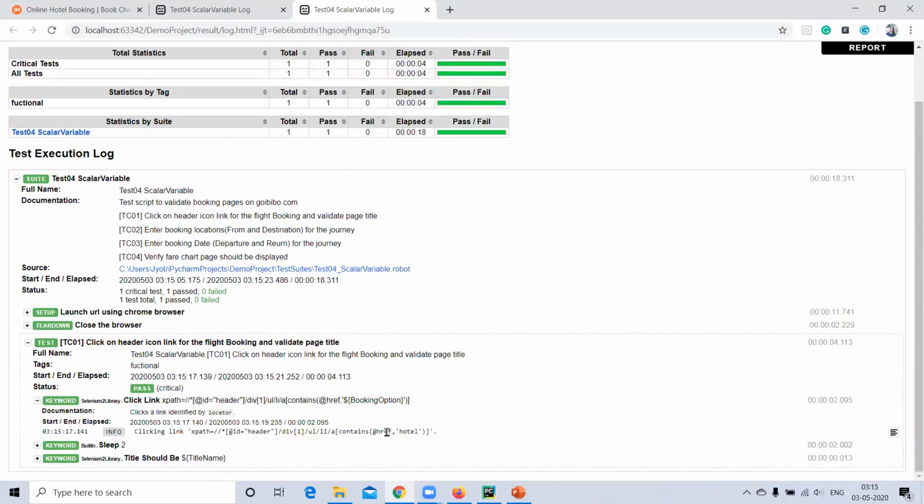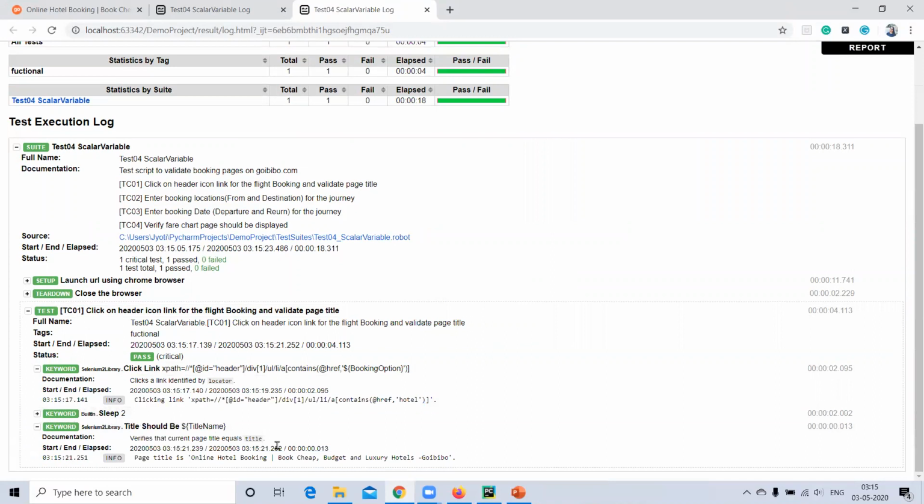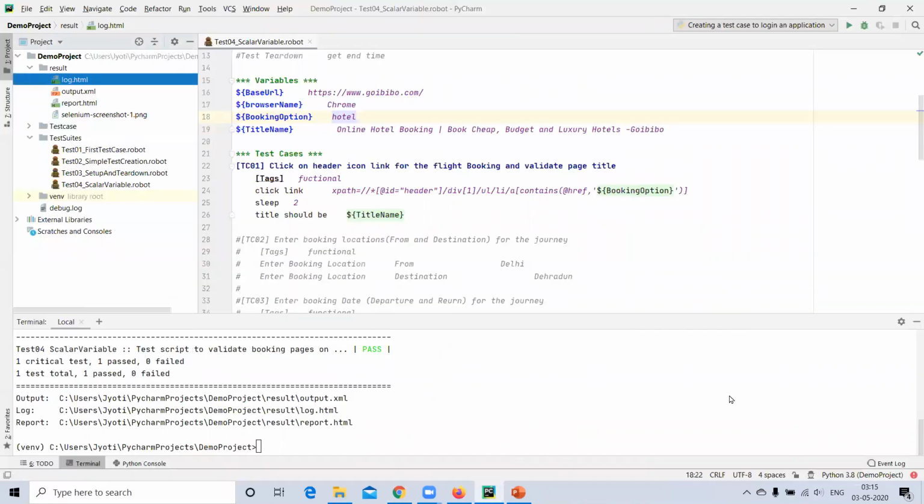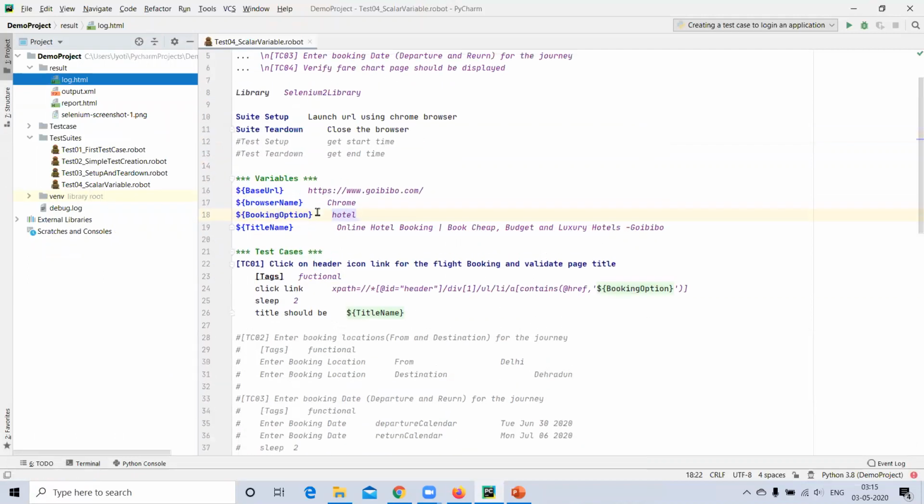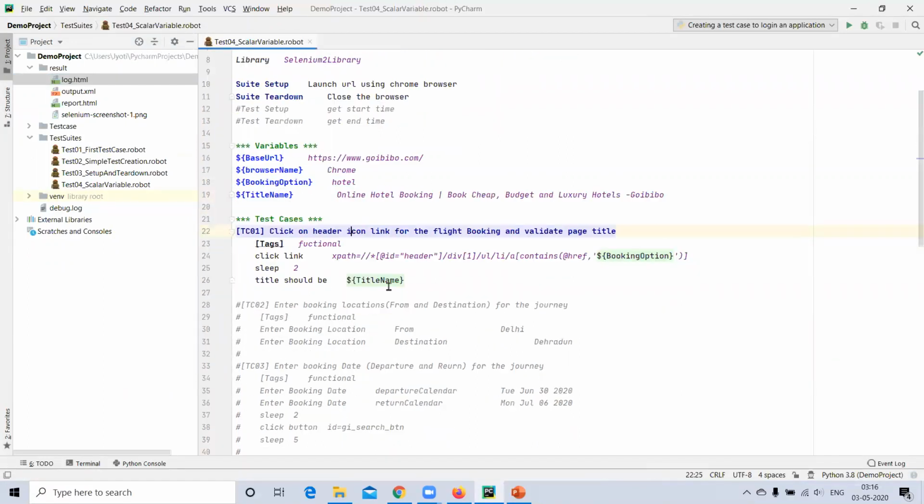Click link, so it's okay. Now it's fetching the hotel hyperlink, as you can see in this XPath, and the title for the hotels. So we are successfully able to fetch the values of these two variables.